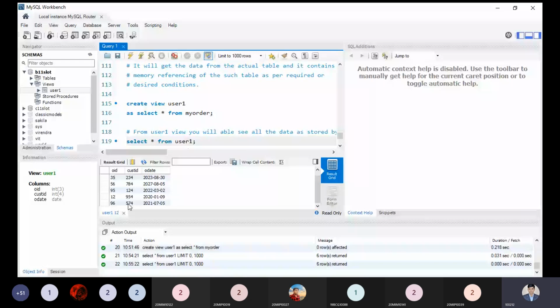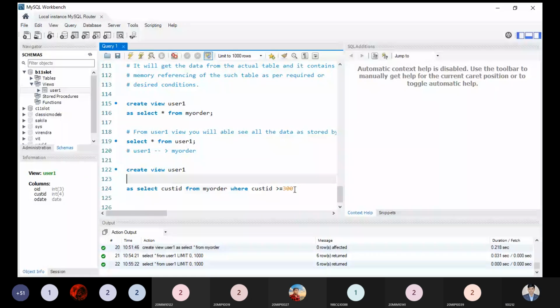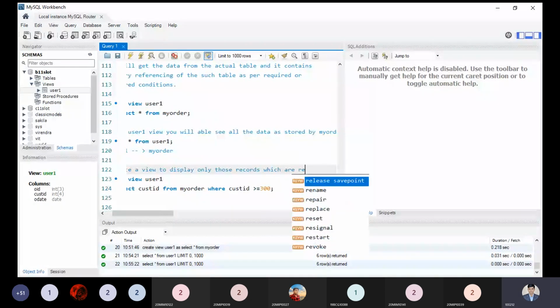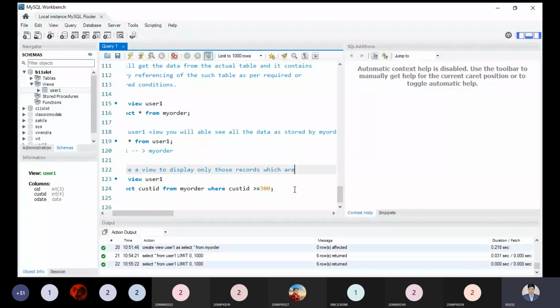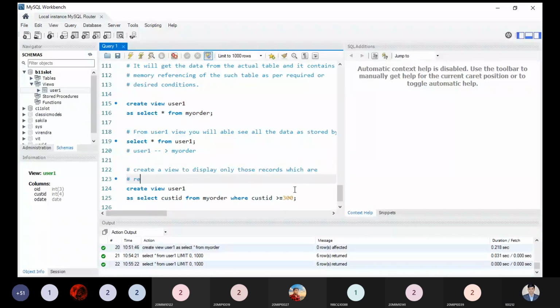I need to see, this is saying to us what I'm doing. Create a view to display only those records which are representing customer ID more than 300 from my order table.